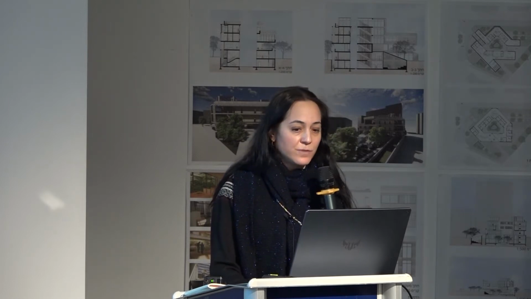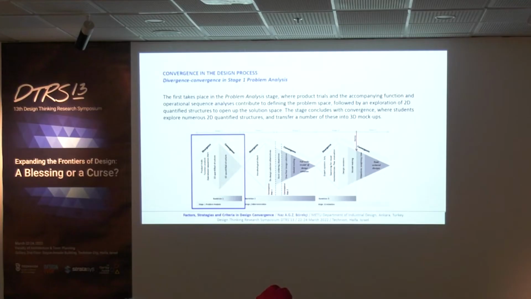For this study, the design process followed was reviewed for the acts of divergence and convergence, and a series of diamonds were identified on which 3 design iterations were based. The first takes place in the problem analysis stage, where product trials and the accompanying function and operational sequence analysis contribute to defining the problem space, followed by an exploration of 2D quantified structures to open up the solution space. The stage concludes with convergence, where students explore numerous 2D quantified structures and transfer a number of these into 3D